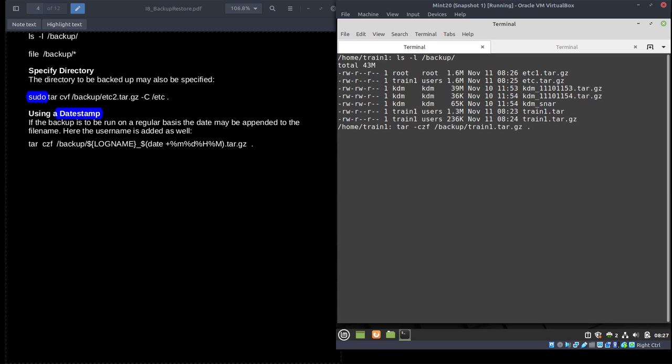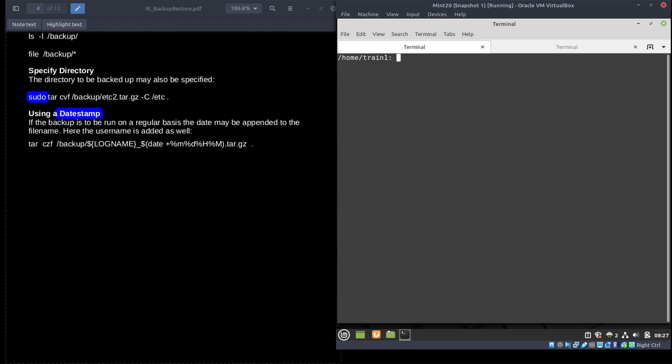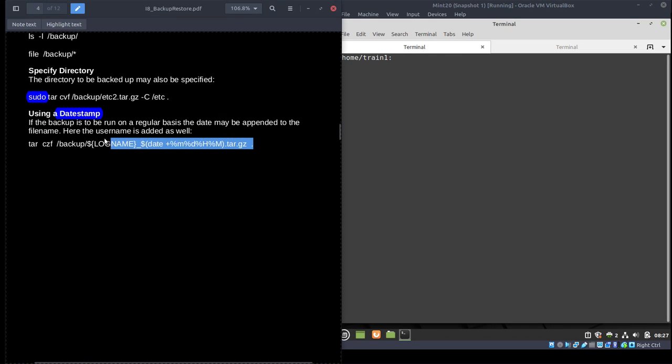I should have searched for it. That one. And we have a look. So that one's now taken at 8:27. So if the file's already there, by default it overwrites it. You can't stop it doing that, but you can do multiple backups like this